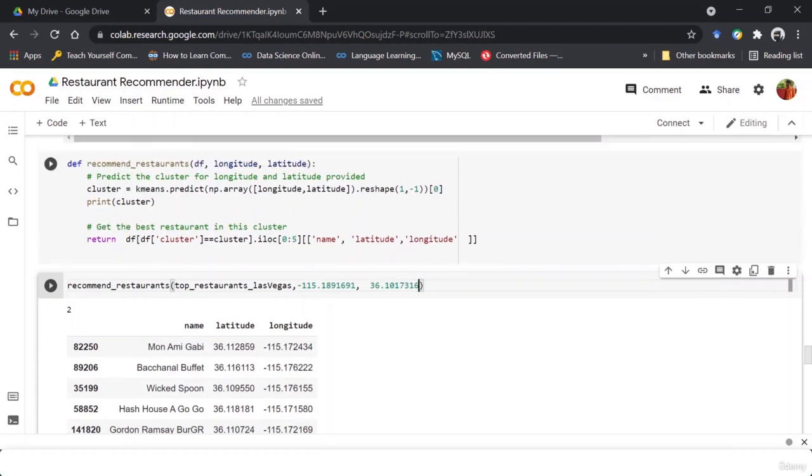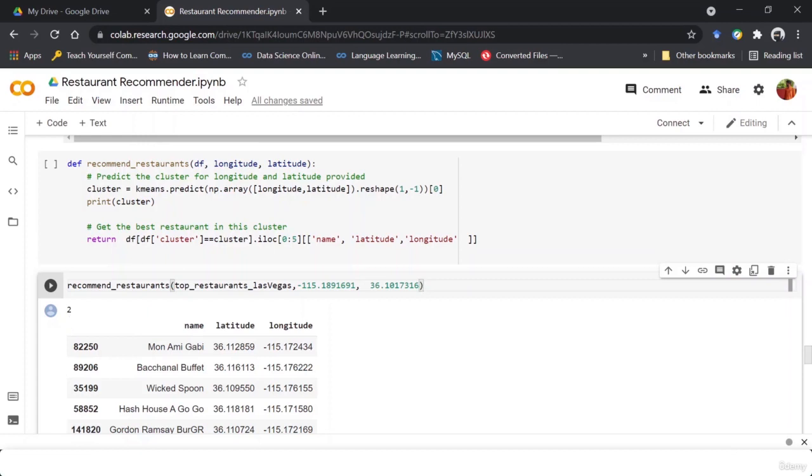So you can see that taking the longitude and latitude as parameters, it is predicting, and we're just reshaping to get the cluster out of it. From there you can see it is printing that for this set of parameters, or geographical location, the restaurant belongs to class 2.